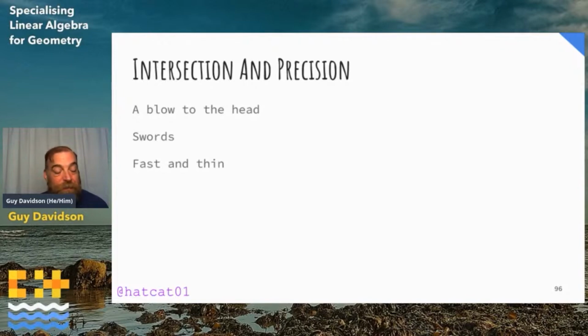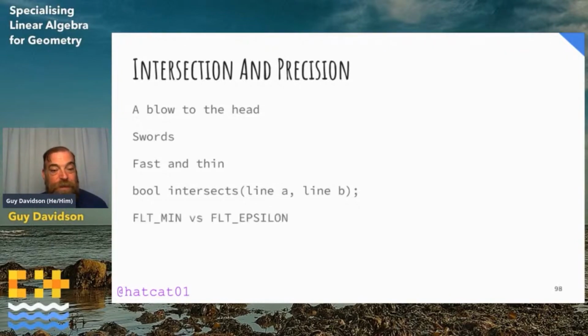How do we deal with a prospective function like this? Well, the thing is, we can't. So what we have to do is add an additional parameter to describe a tolerance. So let's see if you remember the difference between float min and float epsilon. Float min is the smallest number that can be represented with float, while float epsilon is the difference between 1.0 and the next float representable number. Epsilon is used in maths to signify an arbitrarily small quantity.